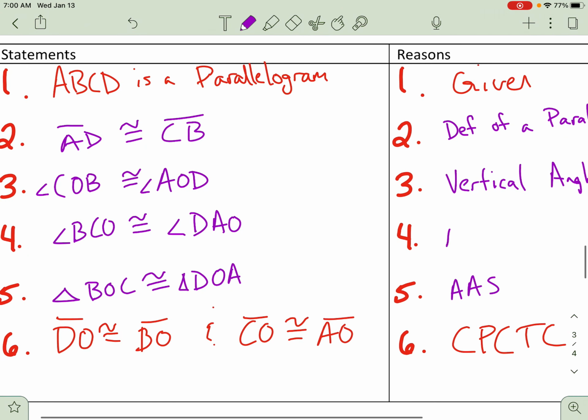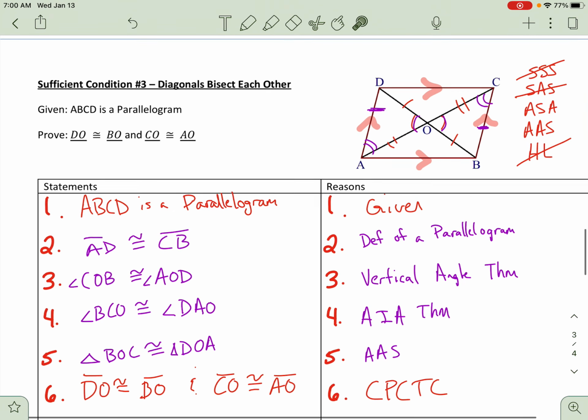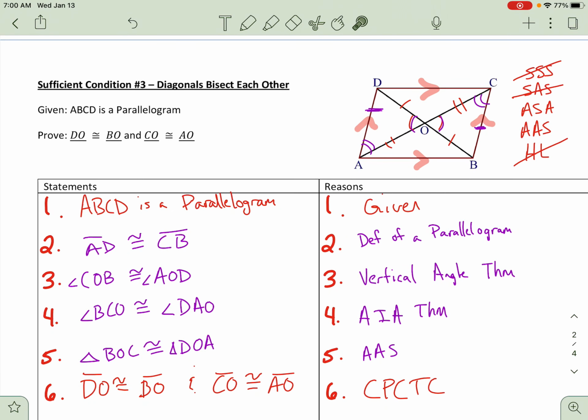And they are congruent because of the alternate interior angle theorem. Okay, there's 2 parallel lines because it's a parallelogram, there's a transversal. They're on the opposite insides of those parallel lines, right? So that's alternate interior angle theorem. So there you go. So that proves that given we have a parallelogram, that because we can prove this triangle